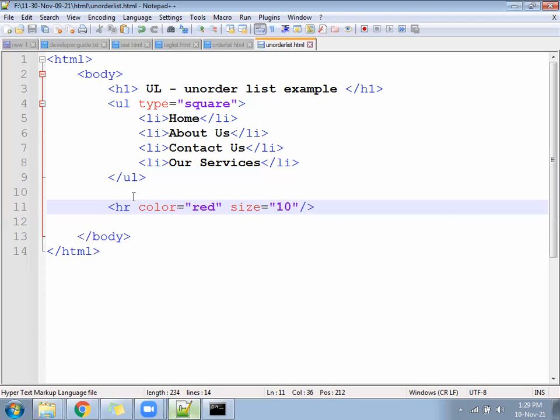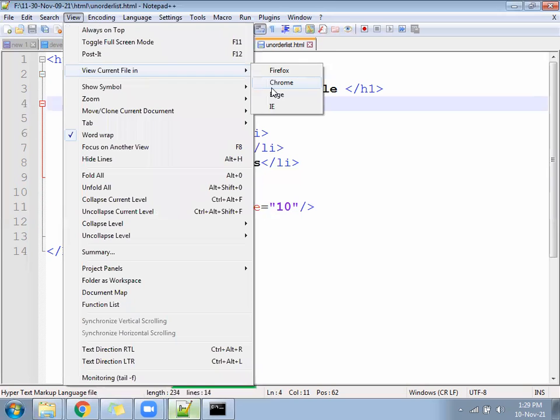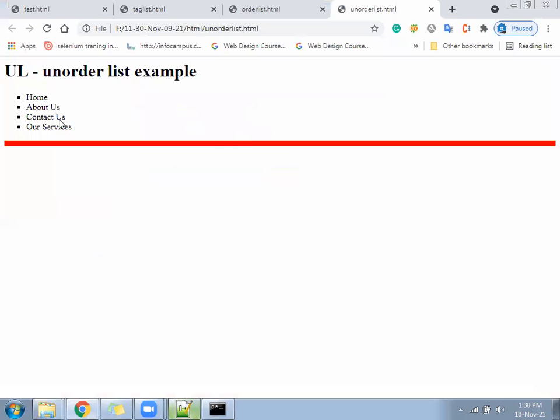Is it coming, the red line from beginning to end with thickness 10 pixels? And it will display as a square symbol.